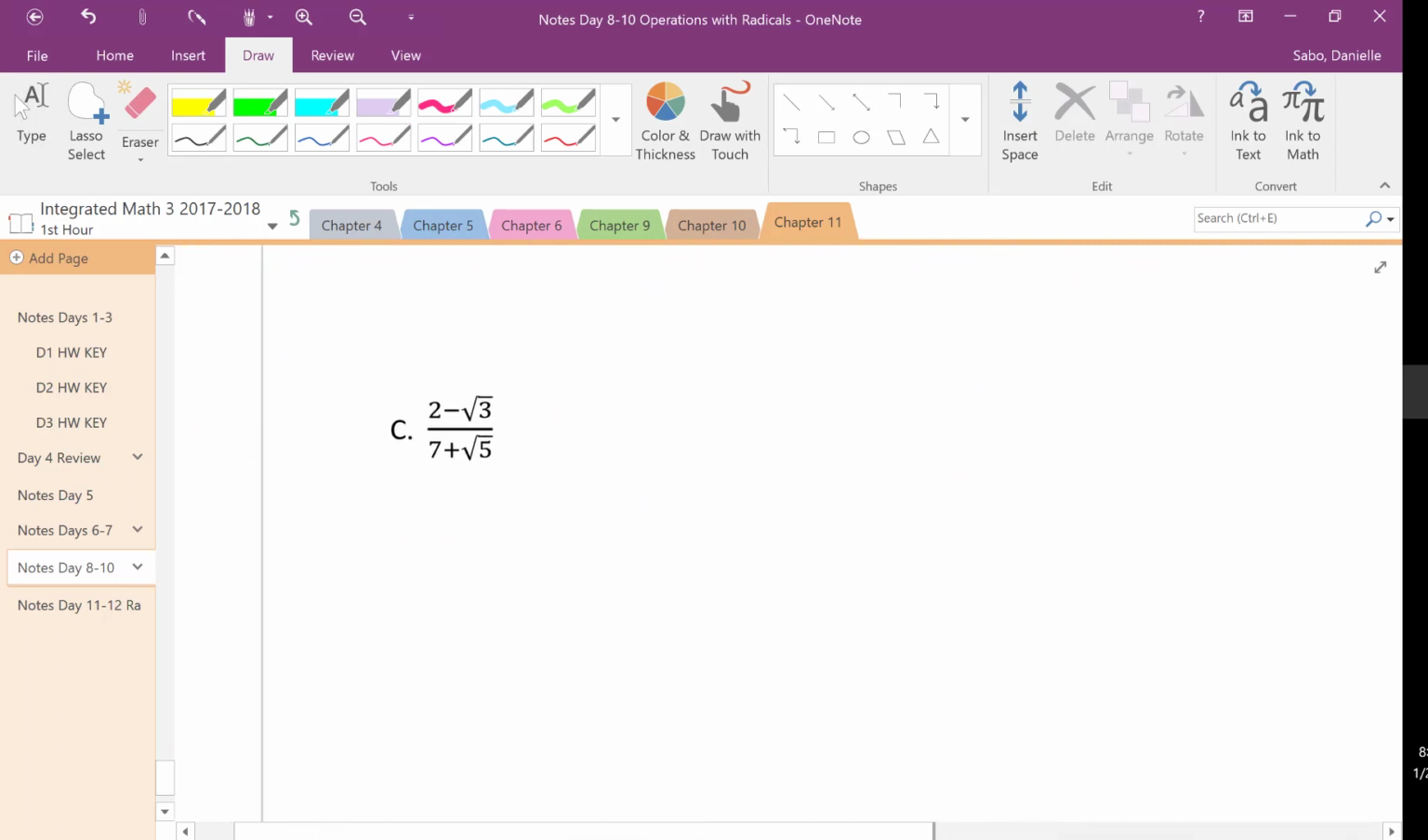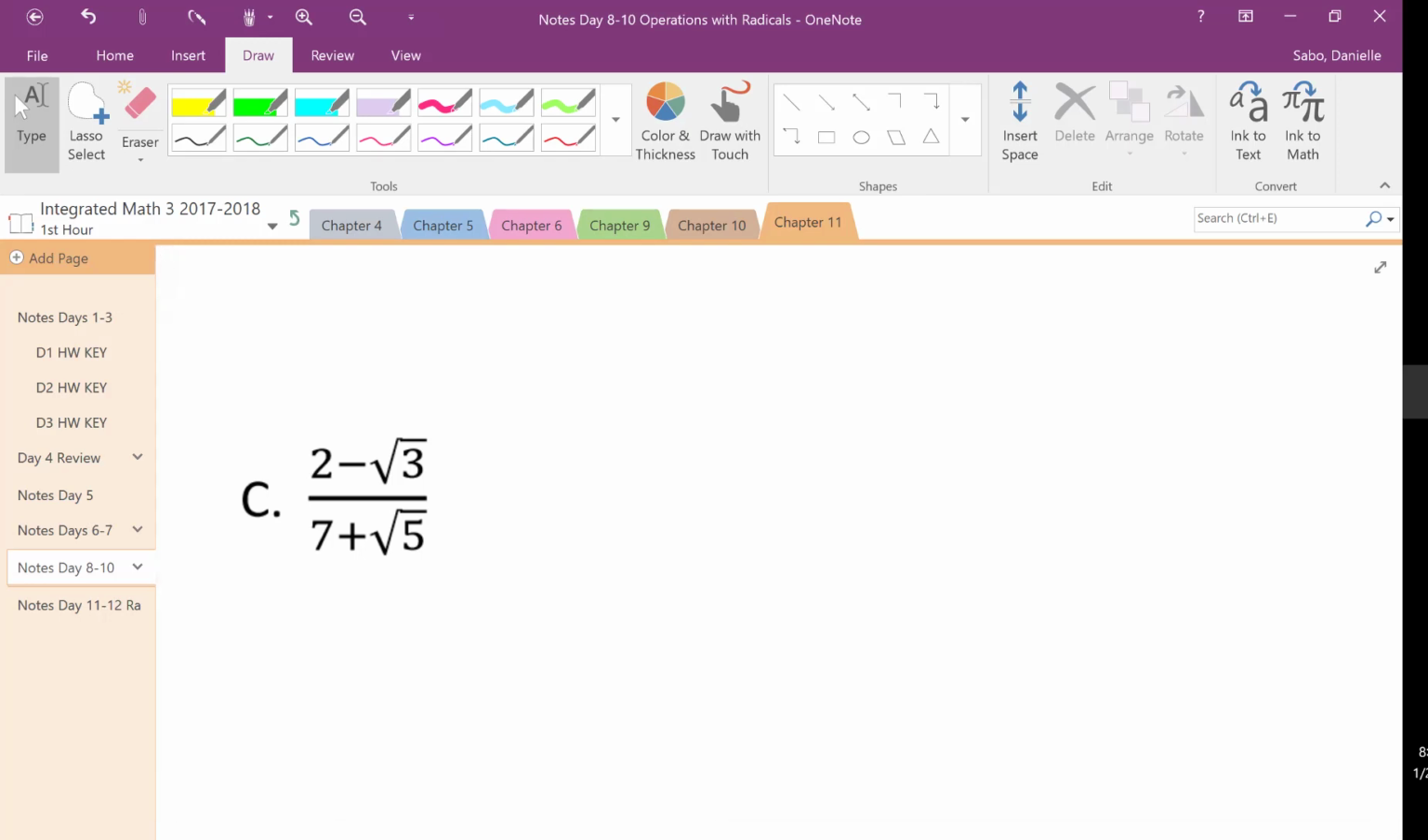Last one. Ooh, this one looks very fun to me. Okay, remember, you're taking the conjugate of the denominator because the goal is that the denominator has no radical. So some people, what we see on an exam is they'll do 2 plus the square root of 3. But that's not what we want to do. We want to get rid of the denominator. So what am I going to multiply the top and bottom by? 7 minus